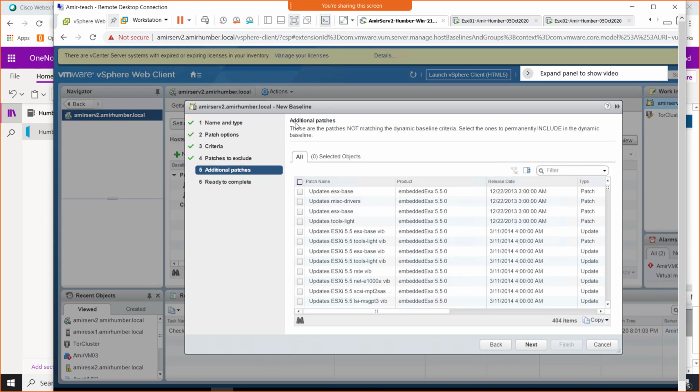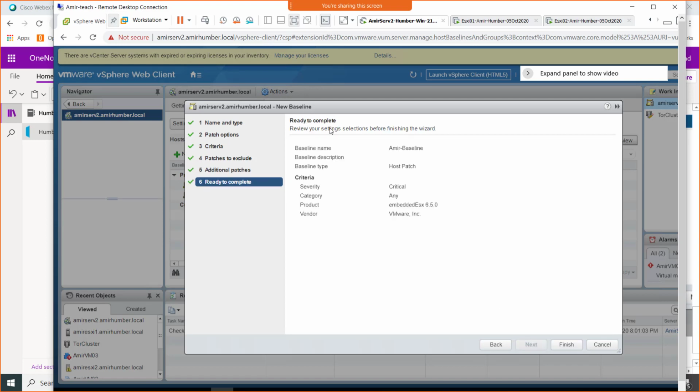And additional patches, it's just saying, hey, are you sure about the patches you did not select, do you want to select some more from those? So we say no, our selection is final. But it just says that if you still want to have some more patches, then this is your chance. And click next.